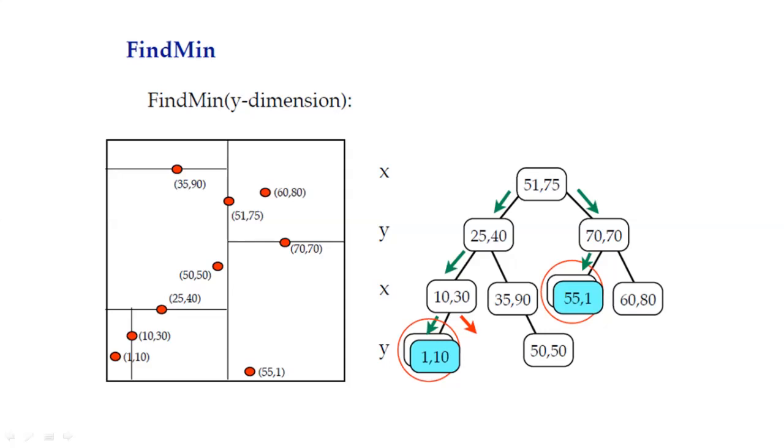Here we continue on left, and now the next level is what? X, which does not match with y. So we have to continue on both the sides, but there is no right subtree, there is only left. So this becomes the smallest. Once we get the smallest values, we compare them and select the minimum. The minimum among these two is 55.1. Remember that we are interested in the y dimension, so this is the point with the smallest value in y dimension. This can be manually verified by looking at all the points in the tree.